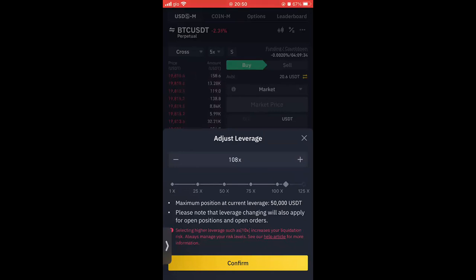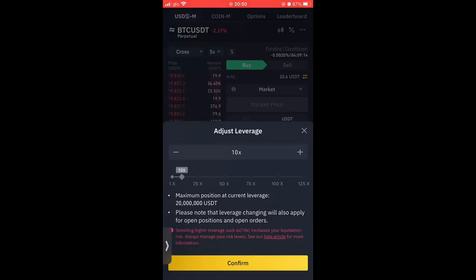Let's zoom. Okay, I'm still on. So this is where you increase and adjust your leverage.